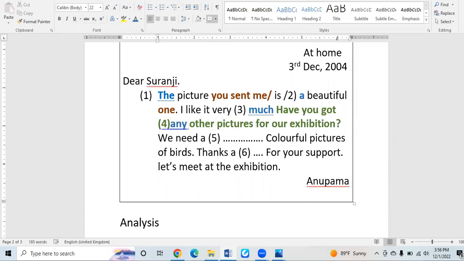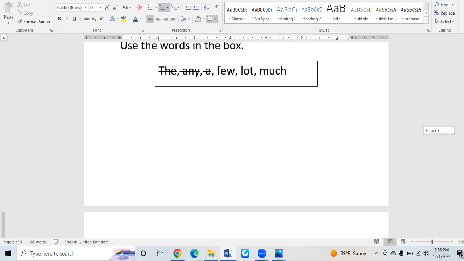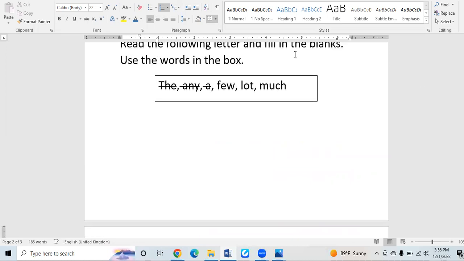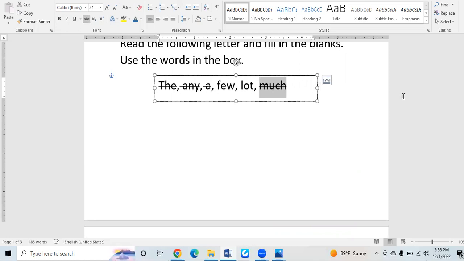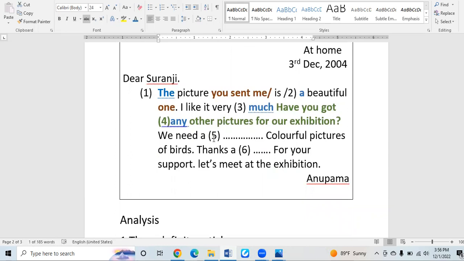Number 5, even though we are finding out "or not," we have another 2 words remaining. One is "few," another one is "lot." "Much" we have already used. I forgot to cut it off. At the exam, just remember to cut off all the words you have used in the answer sheet, right? Now, we need blank colorful pictures of birds. Look at the article in front of each blank,